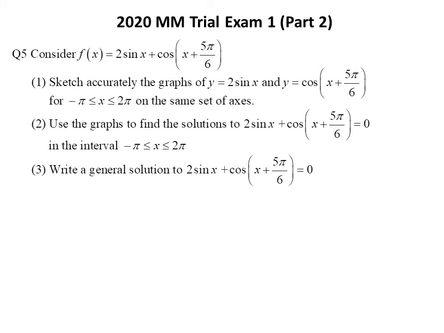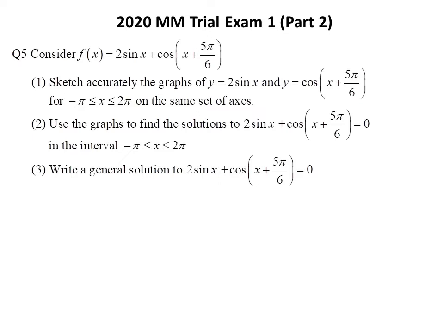This is the second part of a 2020 trial exam paper for mathematics in Victoria, Australia, and this is a technology-free paper. Question 5 is a circular function, has two parts, f(x) equals 2 sine x plus cosine of the sum of x plus 5 pi over 6. In order to sketch the two functions